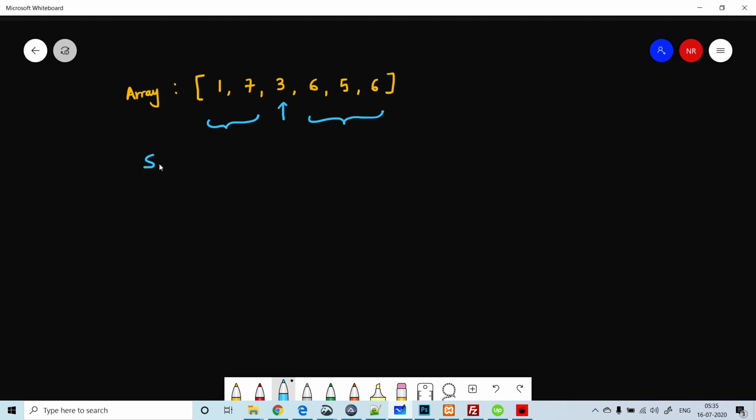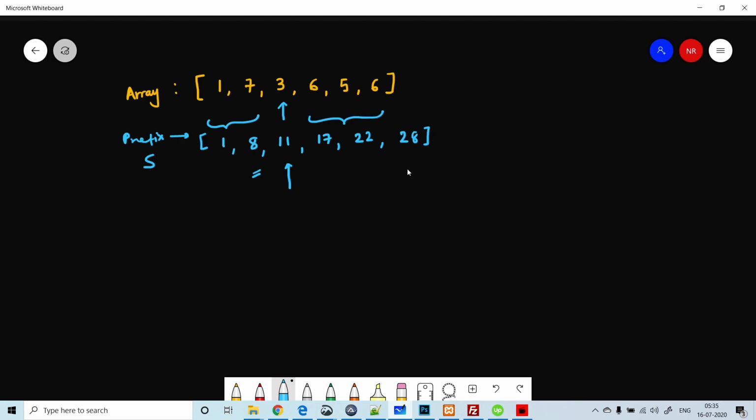That is going to be your total sum, and you calculated your prefix sum. So let's say we first calculate our prefix sum array, that is 1, 8, 11, 17, 22 and 28. This is our prefix sum array. Okay, now let's say you want to calculate the left and right elements sum. For here, on the right hand side, what is going to be your total sum, so if you see, just one position on the left hand side, you will get your total sum.